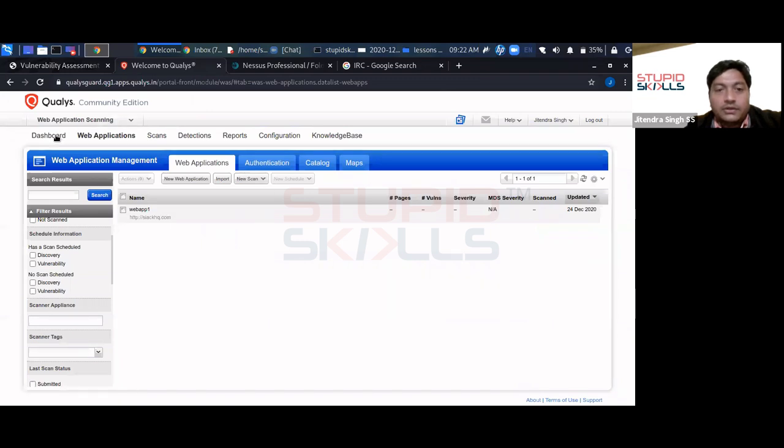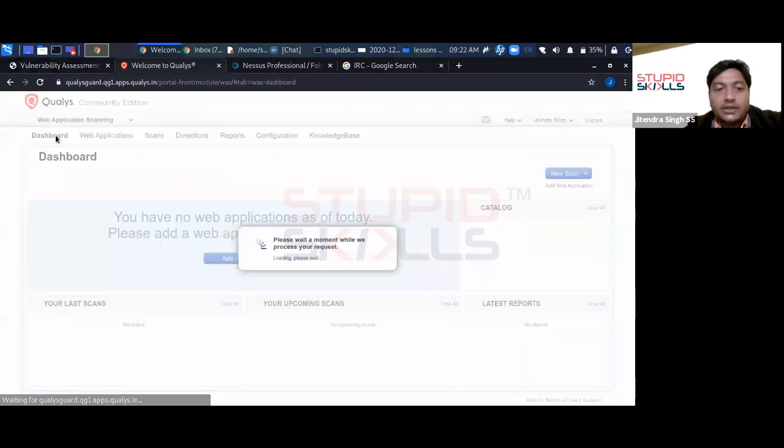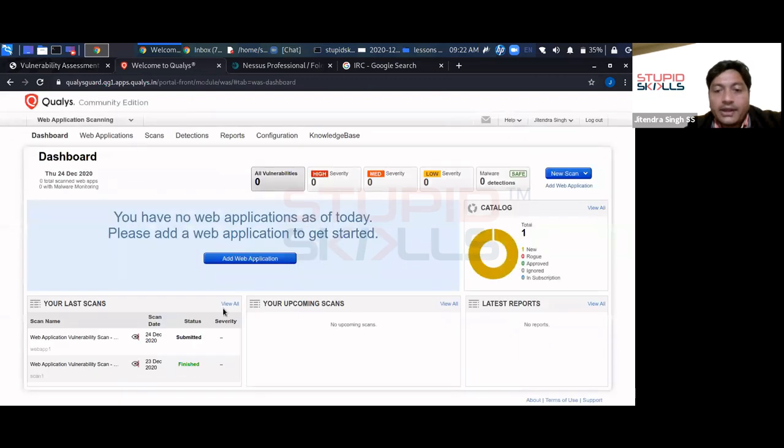So then once it has been submitted, you can go back to the dashboard and see the status that a particular scan against a web application, an external web application, has been submitted. There is one more: when it is in progress, you would see a different status change here. And once a particular scan has finished, the status would be given here as finished,